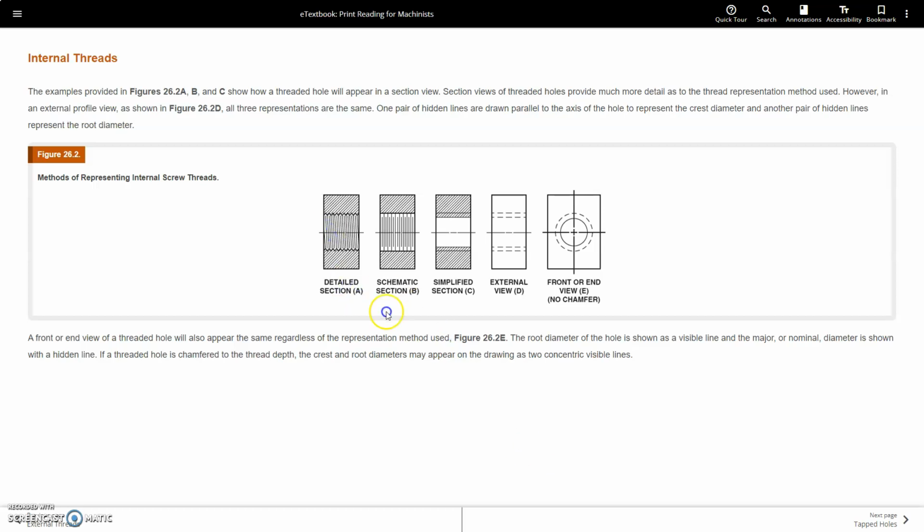So detailed, schematic, simplified, external, and front. A front or end view of a threaded hole will also appear the same regardless of the representation method used. In figure 26.2E, the root diameter of the hole is shown as a visible line and the major or nominal diameter is shown with a hidden line. If a threaded hole is chamfered to thread depth, the crest and root diameters may appear on the drawing as 2